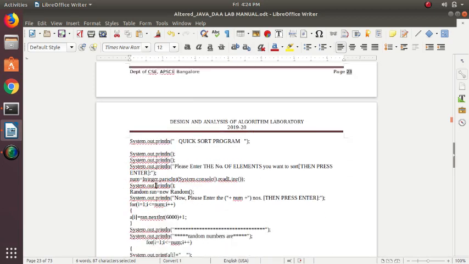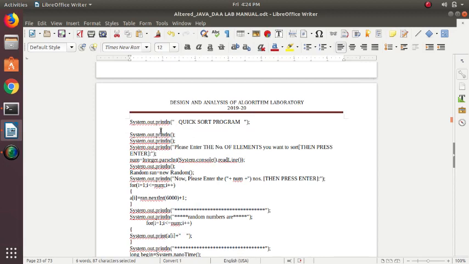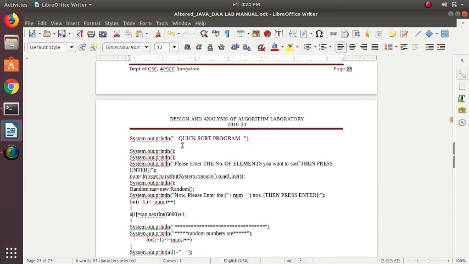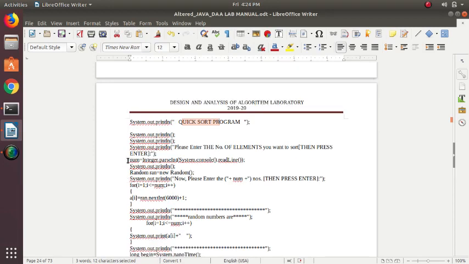In the main function we are using some println statements. We display the quicksort program and ask you to enter the number of elements you want. Here I am using a number, which indicates how many numbers you want to sort, say 2000, 3000 or 5000. In the question they have given the option of taking the random numbers from a stored file or by random number generation. So I am using a random number generator function.